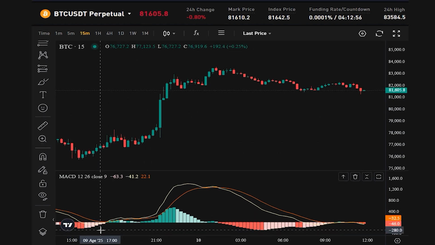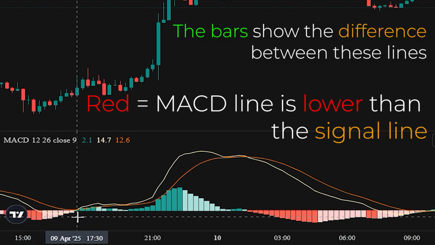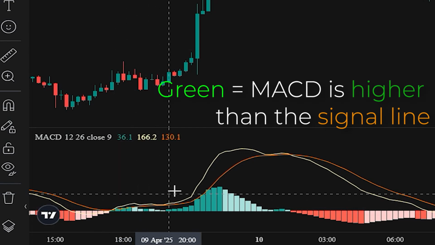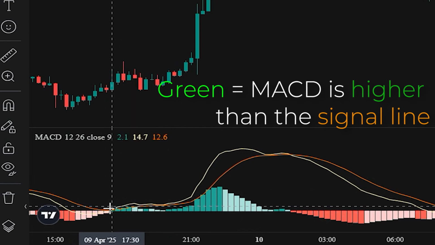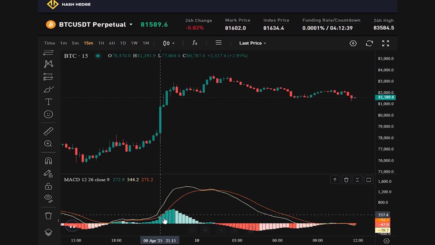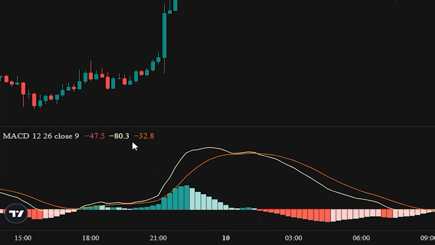The bars show the difference between these lines. Red color means that the MACD line is significantly lower than the signal line, and the green color means that the MACD line is higher than the signal line. When the color changes, it means that an intersection has already occurred. Moreover, we can see by the color and size of these columns how strong the movement is, how much distance there is